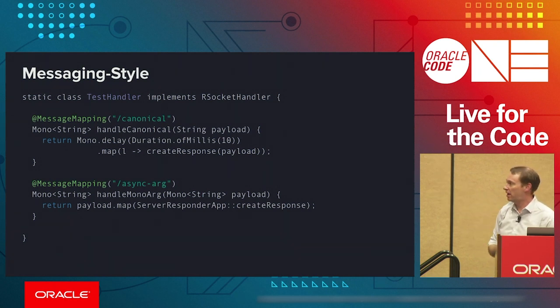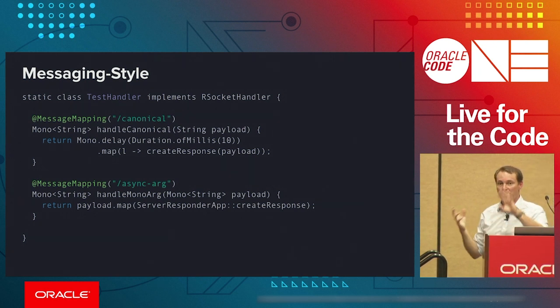We return this Project Reactor payload back, right? We basically wait 10 milliseconds and then create a response from it. And that gets handed back and is handled in Spring as a framework. Same thing on the lower one. If somebody comes in on /async, in this particular case, what's happening is we take the payload, we map the input to that payload to some sort of asynchronous behavior. We make another call back out to another database. And what we end up with is this real loose coupling between the client who made an invocation into it. Maybe we need to make a forward invocation back to something somewhere else in our data center.